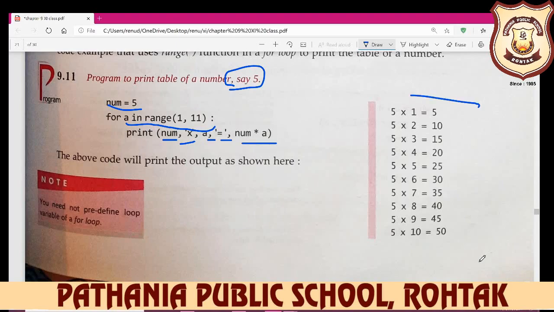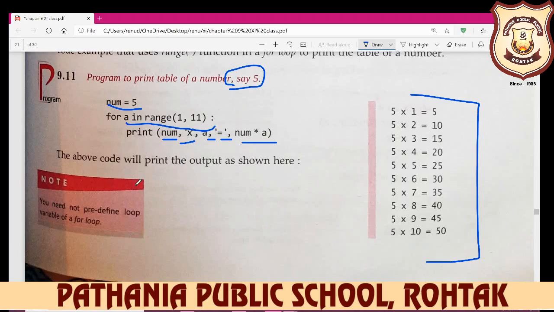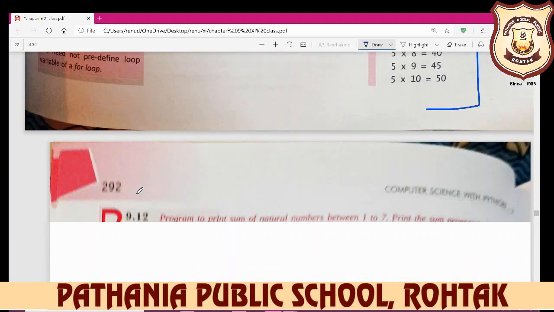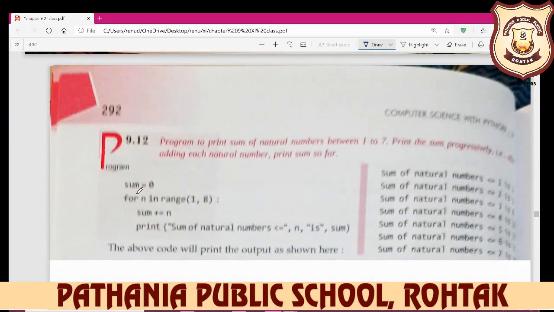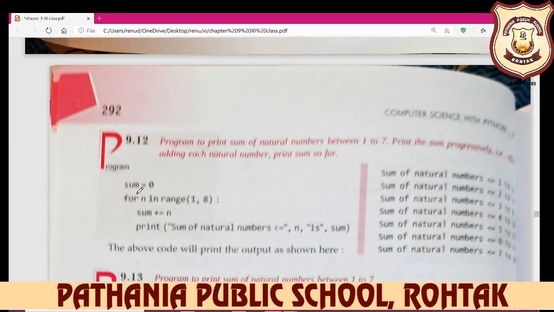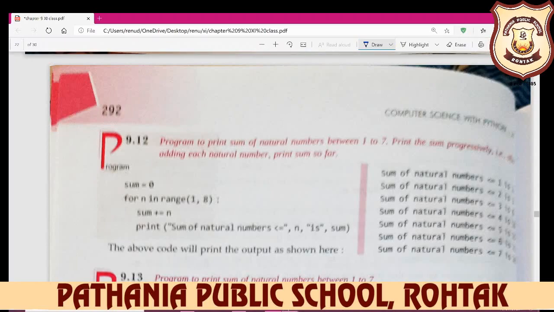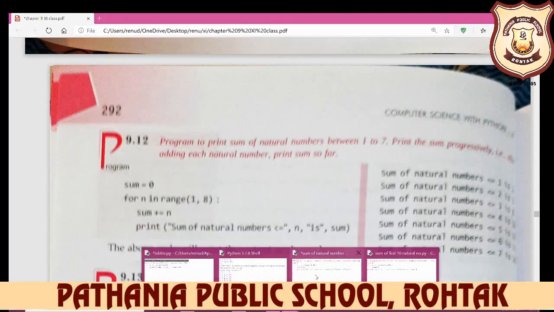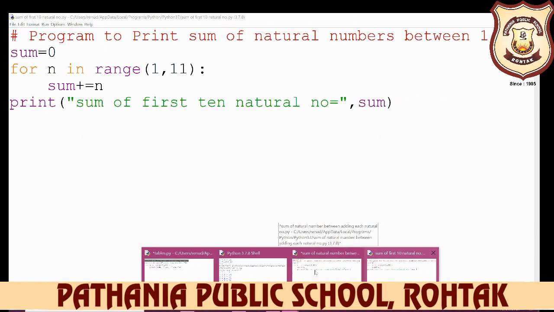So this output will be displayed on your screen. 5 multiply 1 is equal to 5. But if you want to input any number, then you write num is equal to int and then the input function and enter any number. The second program 9.12, we do the practical implementation of this program also. So open your program.